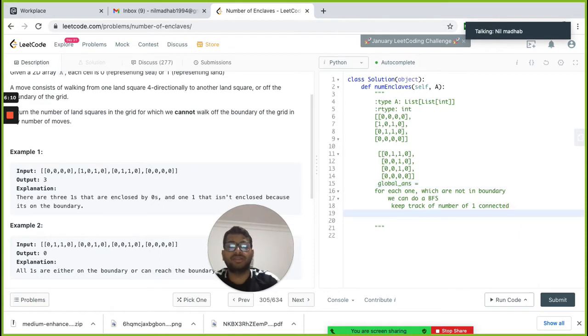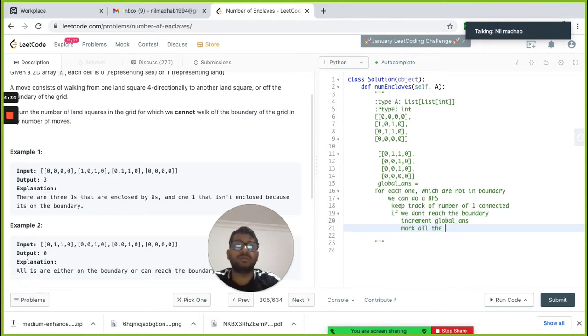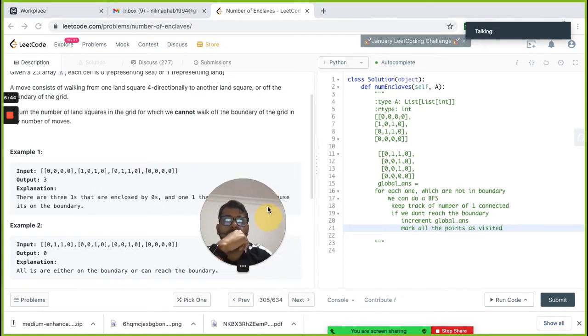If we don't reach the boundary while traversing, then we increment the global counter, and then we mark all the ones as visited. That will be my approach.